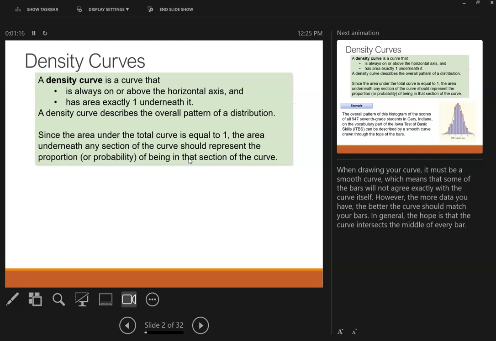So when we talk about a continuous probability distribution, since it's continuous, we could plot all the points and create what's called a density curve. In a density curve, we have a couple of properties. It's always above the x-axis, and the area underneath that probability curve always has to equal 1. And since we're talking about the probability of something, the area under the curve is going to correspond to our probabilities, and since the total area underneath the curve is 1,